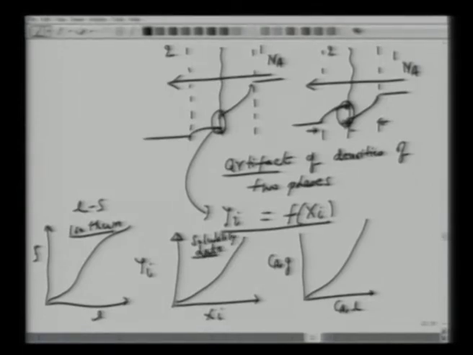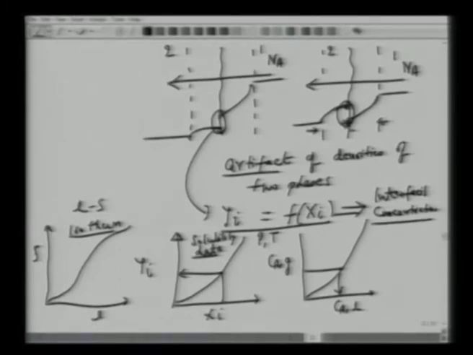In case of gas-liquid, this is nothing but your solubility data. If you fix the total pressure and temperature, then one can vary the concentration in the liquid phase to calculate the gas phase, or given the gas phase we can calculate the liquid phase concentration. So these are all used to determine the interfacial concentrations, where the two species are at equilibrium at the interface, although there is a concentration gradient within this film, driving diffusion flux.